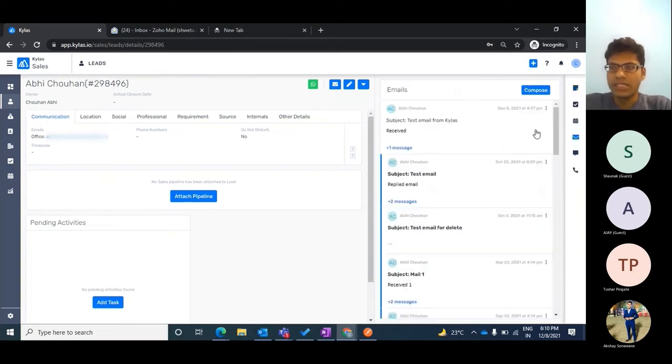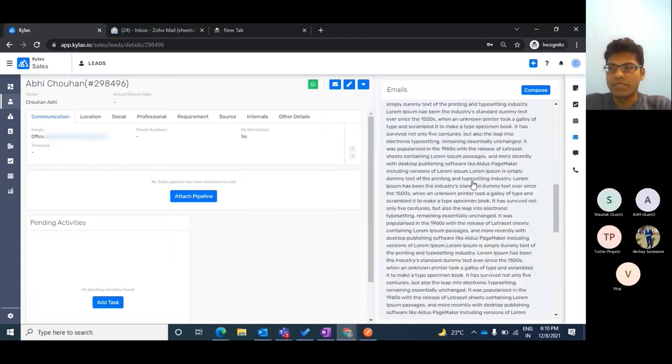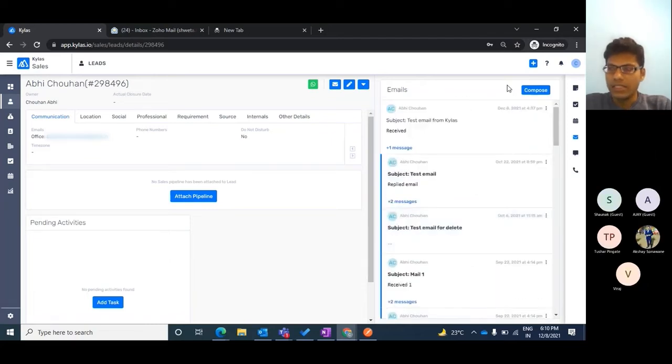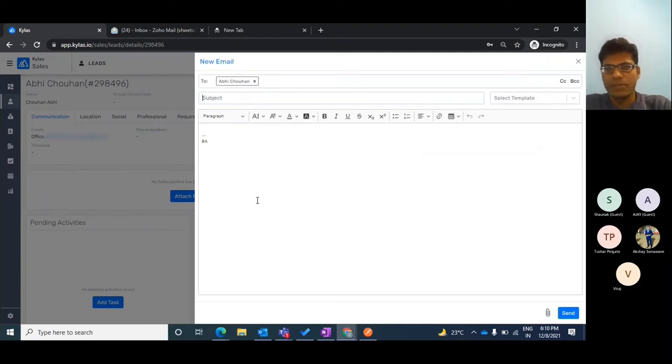When I click on this icon, I can see all the conversation that has happened with the customer in the past. And if I want to initiate a new conversation, I can simply click on this compose button. It opens up a composer, which is very similar to a Gmail composer or Outlook composer that we are very familiar with.